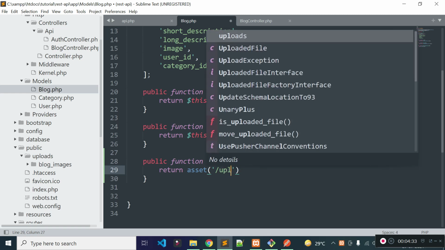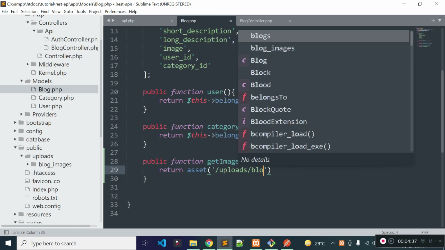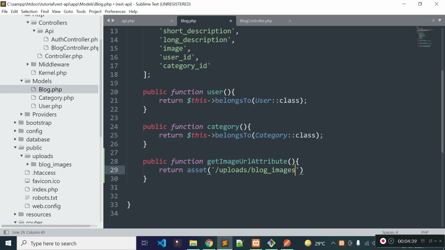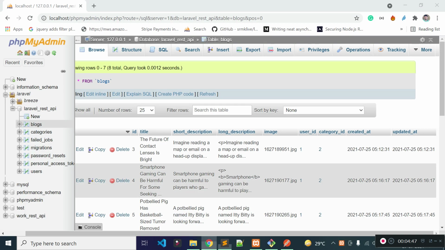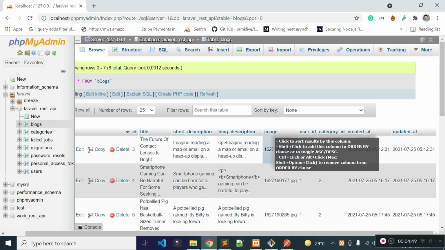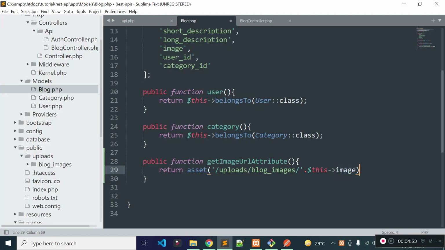Our image is under the uploads blog images folder, and then I will pass the image name here. This is the field name we have inside our blogs table. You see, we have image as the field name for image fields. Okay, so this will return us the image URL for each blog.